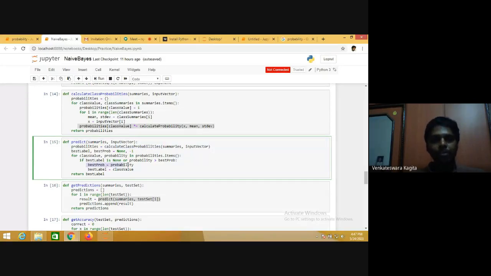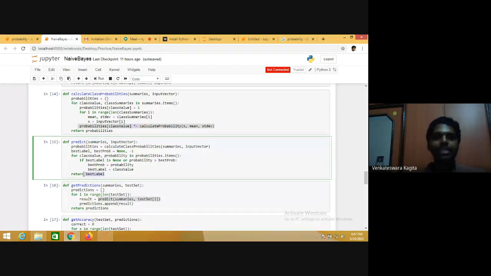So you compare probabilities among these classes and assign the label with the highest probability. Once you get the best probability and its corresponding label, you return that best label. So this completes predict.